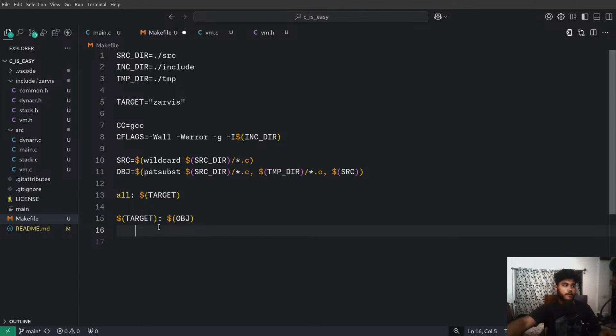So how to create the target? We provide our C flags. This will just run as a command. CC means GCC. So GCC, the C flags, and after that this will be put, and also then we give the input. That is this symbol. This symbol means